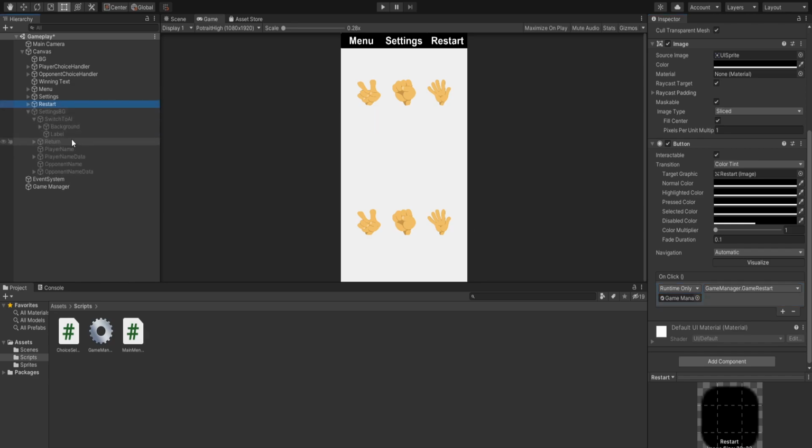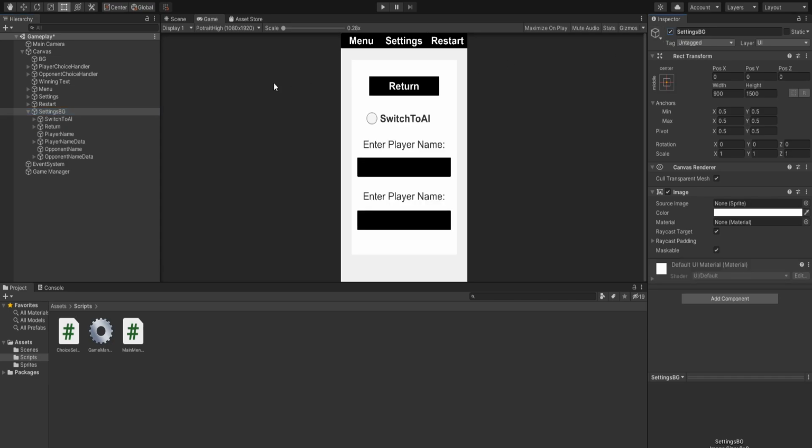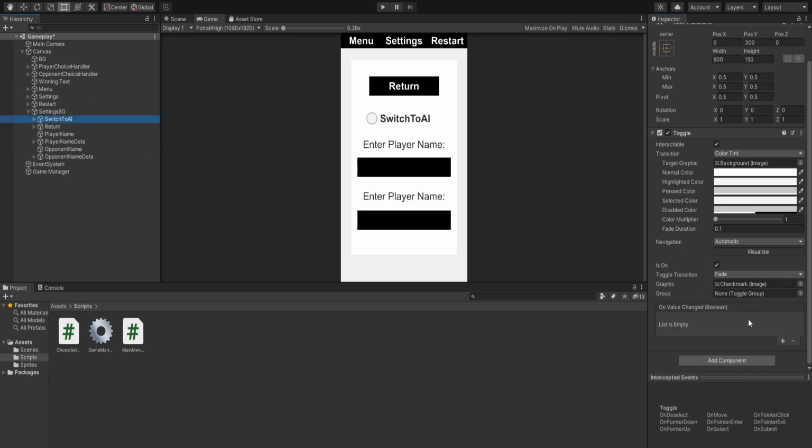Now in the settings BG, we have all the different buttons. So let's set it to true for now, and let's first set the return. In return, add the game manager, and return from settings, and switch to AI on value change boolean. Remember, we'll add the parameter boolean. This is for boolean, so whenever it's on or off, it will change depending on the value, and we'll name it to change AI bool. So this one is only possible. Here is a return on value change the function parameter,